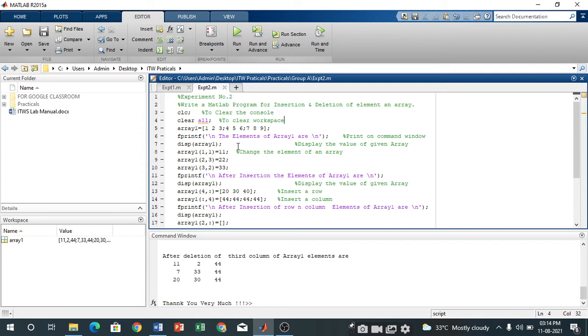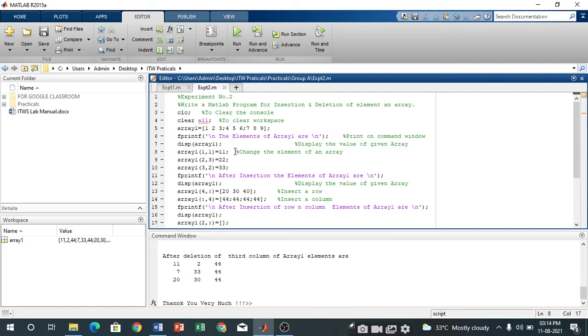Okay, so with the help of array 1, here we will write the code to insert the elements from 1 to 9, and with the help of fprintf I am writing the message, and with the help of this command I am displaying the values which are available in an array.